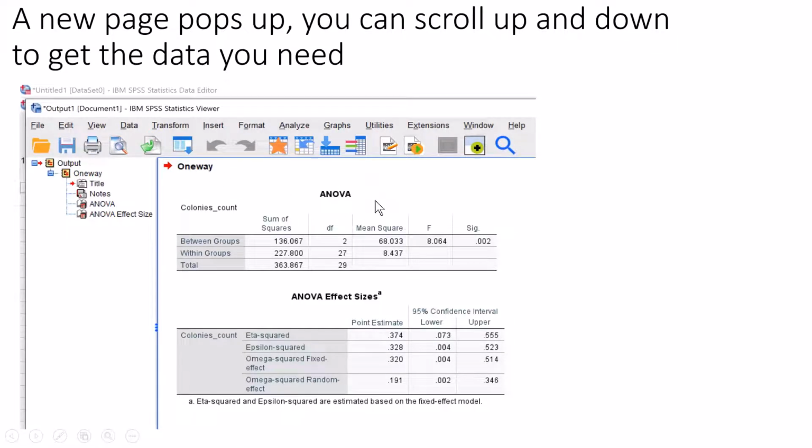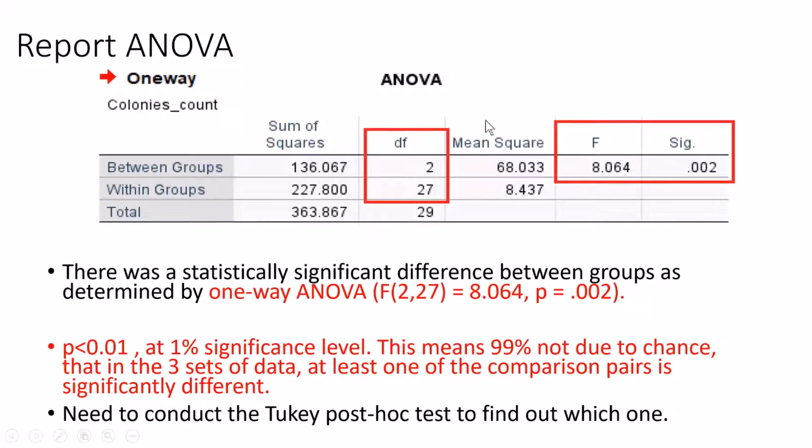So how do we report the ANOVA? You need to explain to the reader how many comparison groups there are, and then within groups how many trials, basically. Then you type F, and then in brackets 2, 27, just the degrees of freedom, equals 8.064, so that's the F value, and then comma, and then p equals whatever value, that's the significance value,